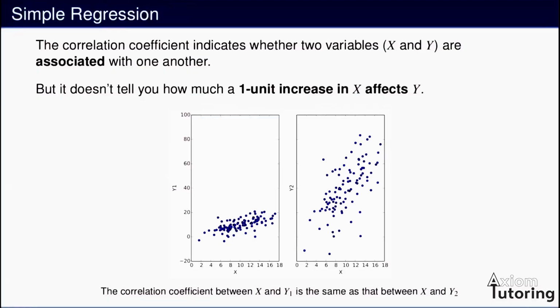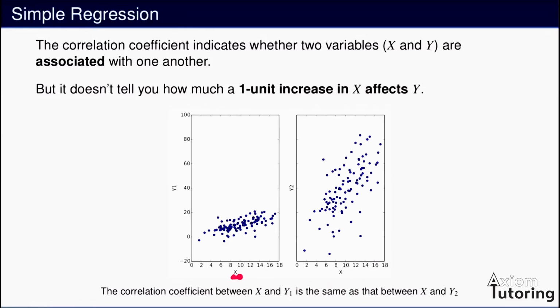Hi, in today's video, we'll have a look at simple regression. In previous videos, we looked at the correlation coefficient, which indicates whether two variables, let's say x and y, are associated with one another. But it doesn't tell you how much a 1 unit increase in x affects y. If we look at the particular graphs here, we can see that they actually have exactly the same